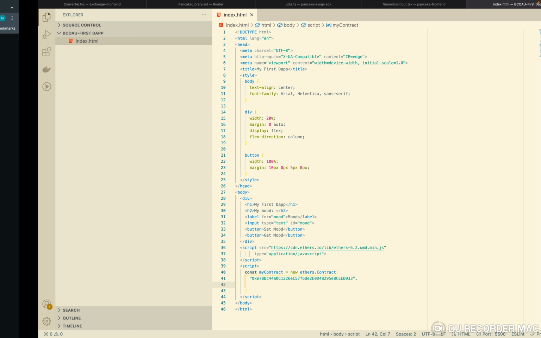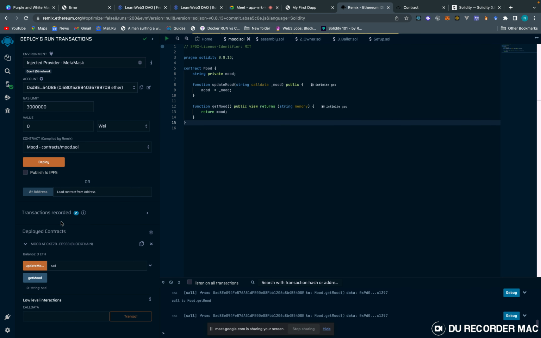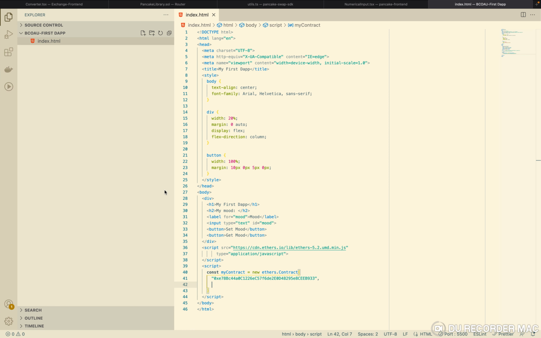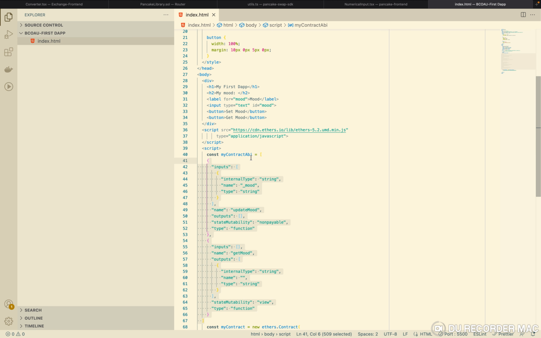I'm supposed to paste it here, but in order to make things easier to read, I'm just going to say const myContractABI equals to, right. So this is our ABI. And if you look at this ABI, the ABI is like an array, and in this array there are different elements, and each element helps to define what the client can use the smart contract for. So for this part now,